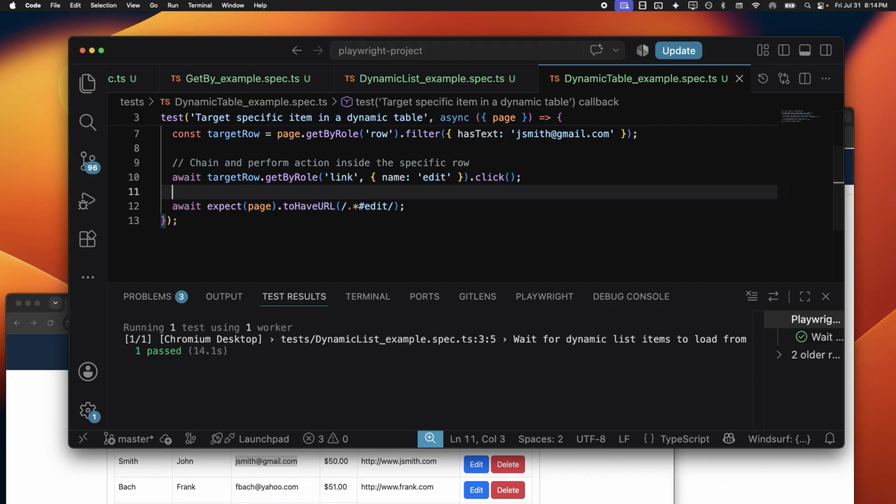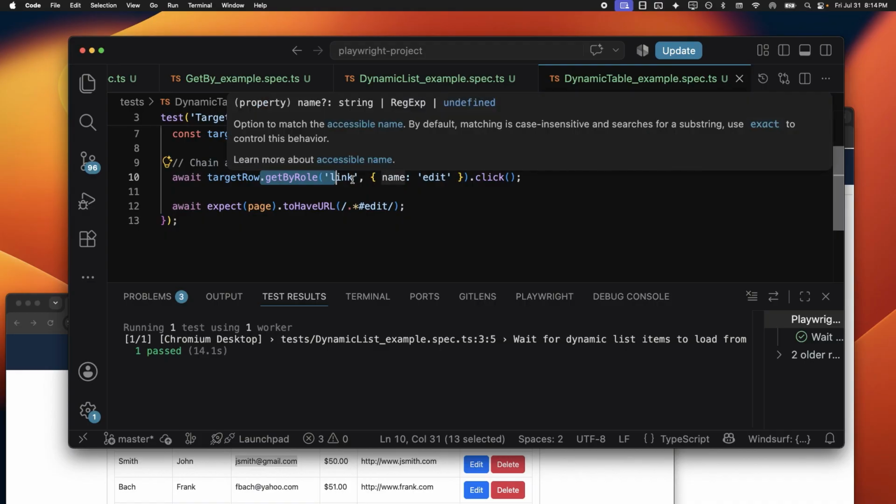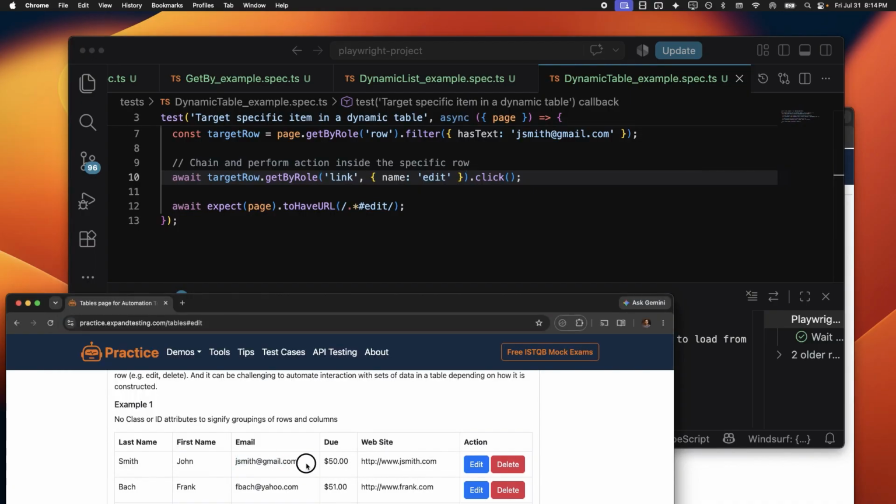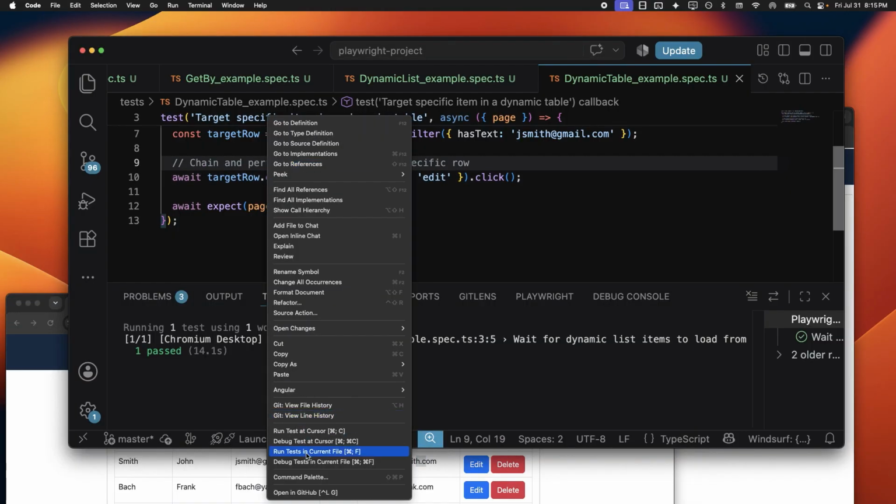So that's how you use Playwright's chaining and filtering. First you filter, and then you store that into this constant, and then chain on that constant and use it, and say on that row, find a link. So you're chaining it: first you're filtering it and then you're chaining it. You're digging deeper, putting more specific conditions to identify that particular row. Once you identify the row, you put another condition to find the button within that row and then perform the action. So let's run this test and see